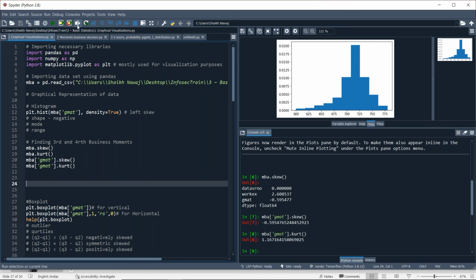Okay guys, then let's plot a box plot of GMAT score.